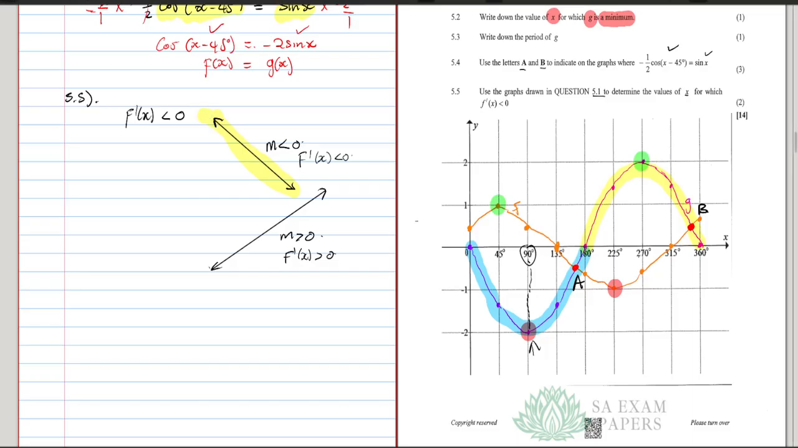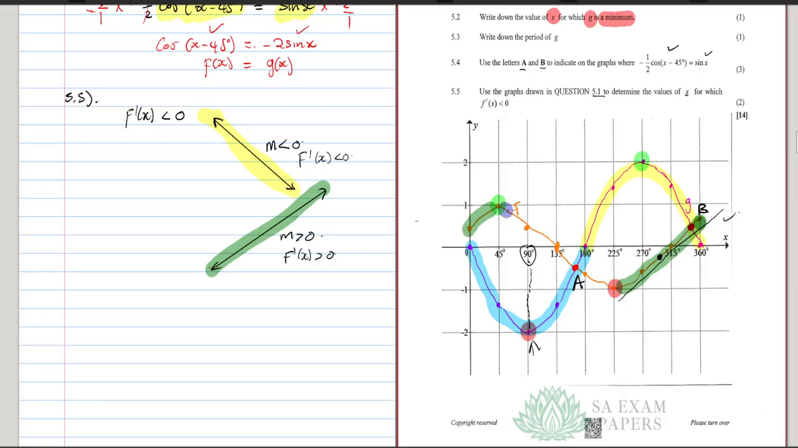So if I draw a tangent, say maybe here, I'm going to have a line that is slanted like this, right? So this is a positive gradient. It means that along this green part of the graph, whatever tangent I try to sketch, it's going to have a positive gradient, a line that looks like that. However,